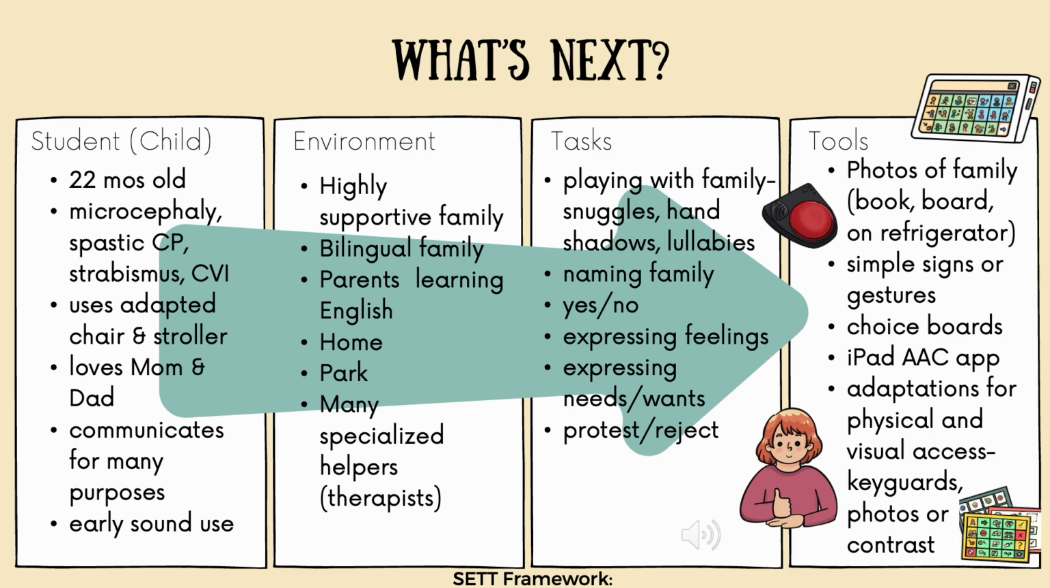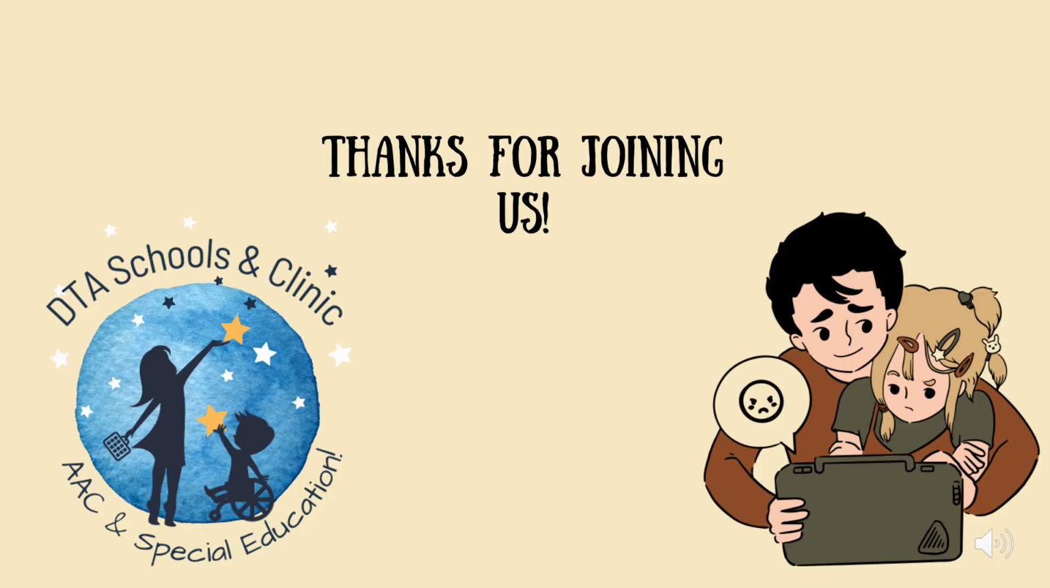strabismus and CVI. Thanks for taking a look with us at how the communication matrix can inform your goal decision based on how your child is communicating and for what purposes they're communicating. We hope this helped you and would recommend your next stop be to look at